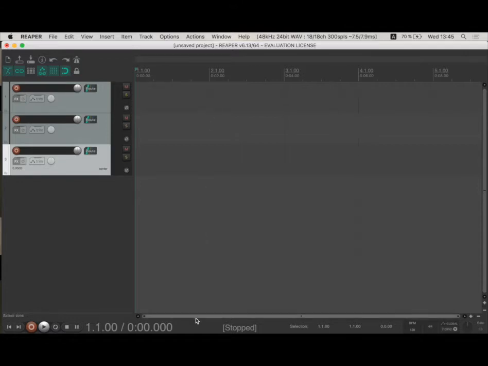So if we go back here to the transport bar and we go to the right, we see here BPM, and we see here the time signature. So this project is in 4/4 time signature, meaning 4 quarter notes per bar. I'm not going to go into explaining what that means, but suffice it to say that when we go back